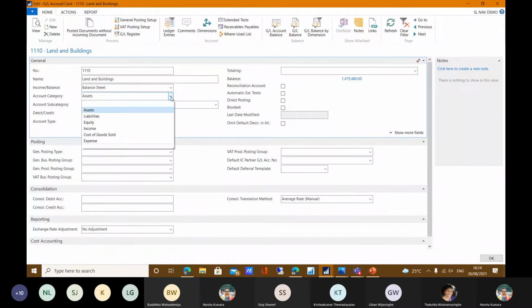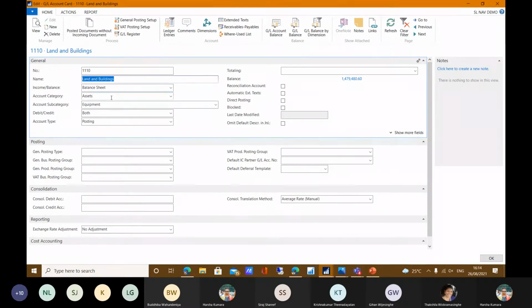And there are some more categories, three categories there. You can see under the equity, you can assign your P&L account cards as income, cost of goods sold or expense. That is under equity, because as you know, all the P&L will hit your retained earnings, and that will be under the equity category. Then I am assigning this as assets because this is land and building. This account category is also very important when you are analyzing data and presenting it to a third party.